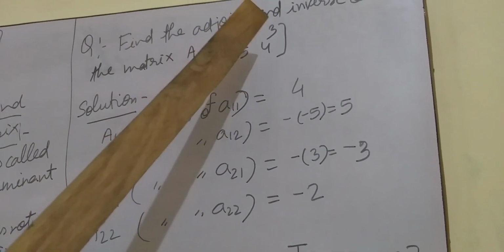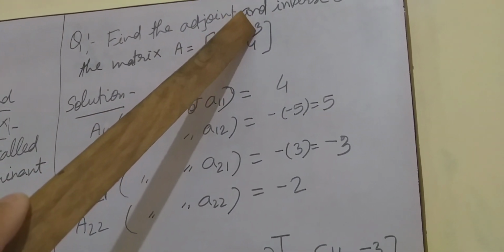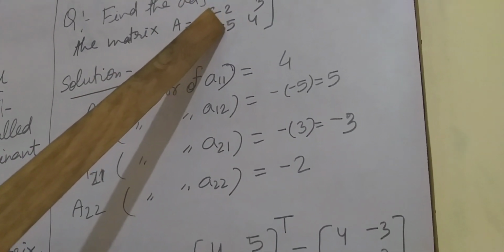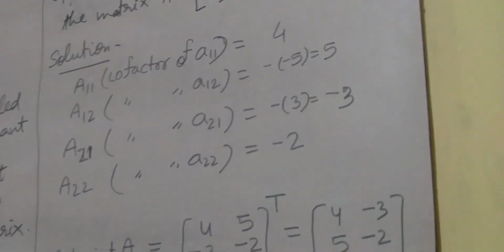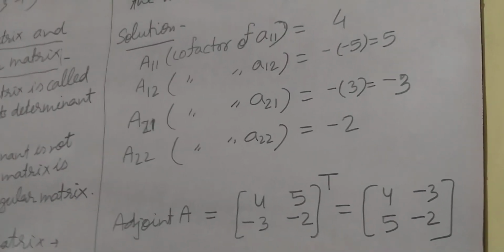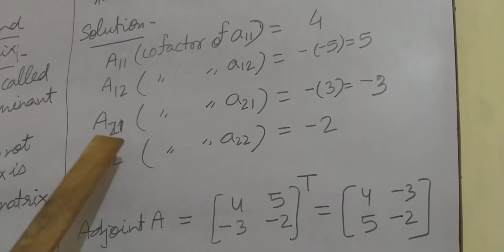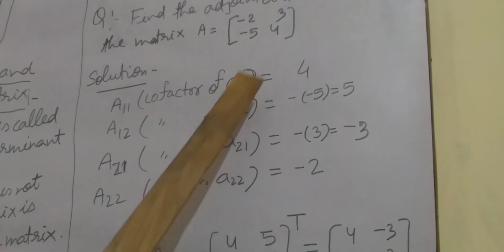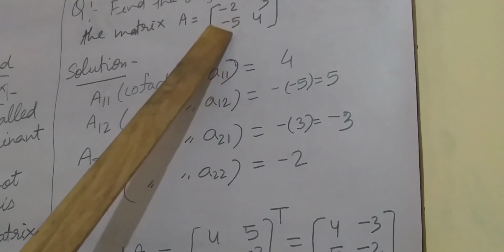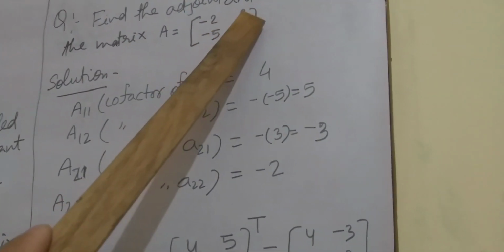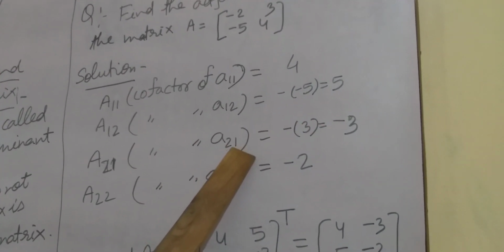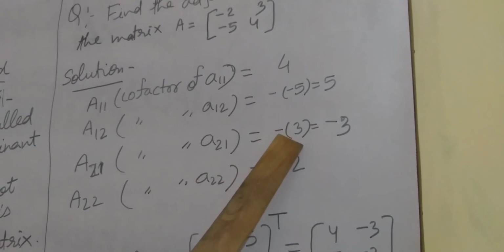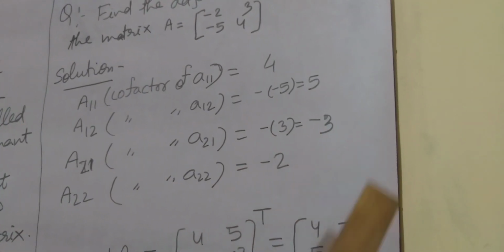Now this cofactor we are going to find out. So its column and row deleted. This is the left part. So its determinant is the same, minus 5. So minus 1 times, plus. So 5 is the cofactor of A12. Now A21, cofactor of A21. Its column and row deleted, 3 left. We have to write 3 and add both of them. Odd place, that's why we have to put minus sign. So it is coming minus 3.